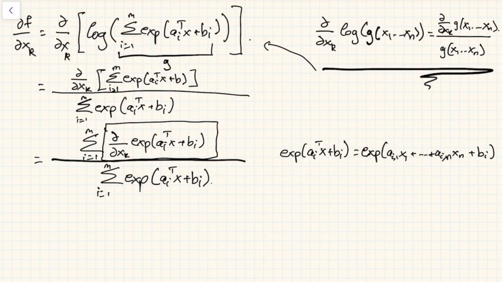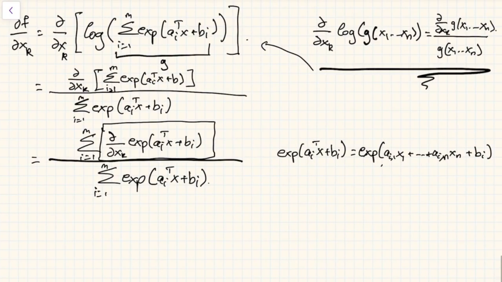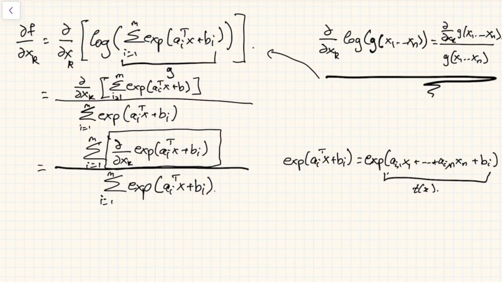And you're interested in the kth term, so let's call this entire sum right here within the exponential t of x. So the partial derivative with respect to xk of exponential of t of x